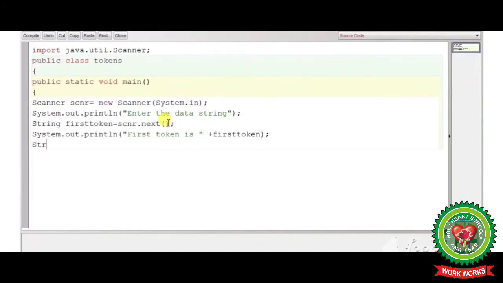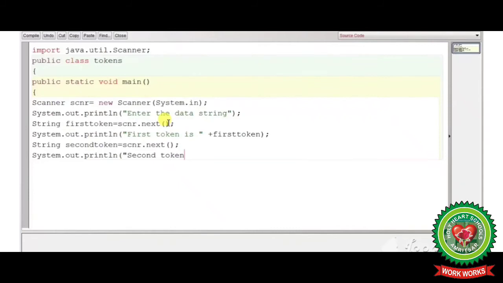Now again we will write the string data type, String secondToken equal to scnr.next. Again scnr is an object name and .next is used to read the next token, semicolon, and again we will use the System.out.println statement to display the second token on the screen.